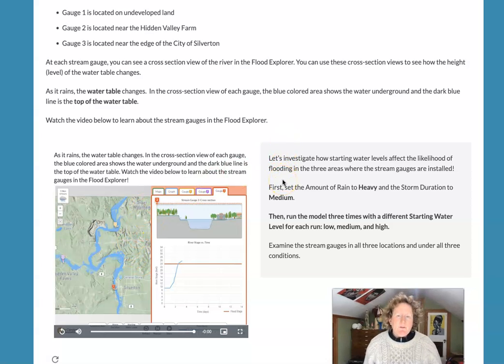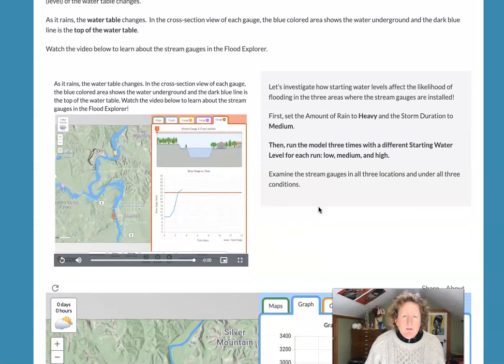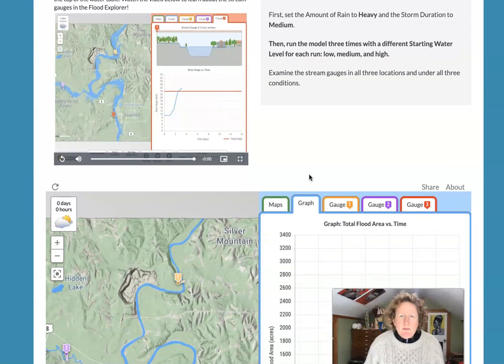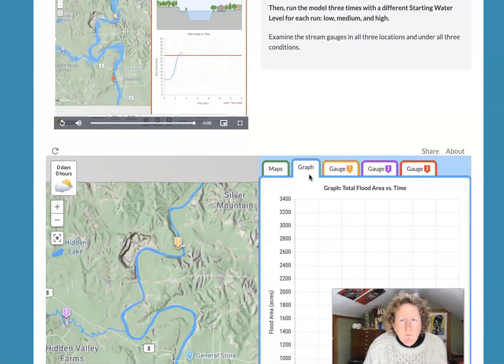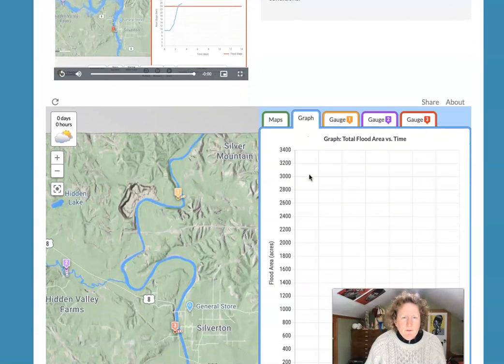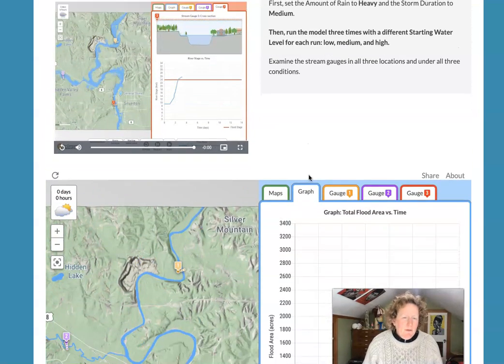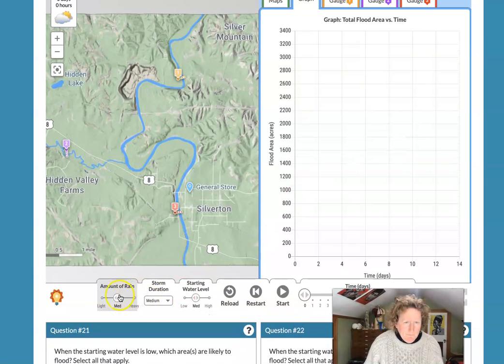Let's investigate how starting water levels affect the likelihood of flooding in the 3 areas where the stream gauges are installed. First, set the amount of rain to heavy and storm duration to medium. Then run the model 3 times with different starting water levels for low, medium, and high. Examine the stream gauges in all 3 locations and under all 3 conditions. So, amount of rain heavy, storm duration medium, starting water level low,